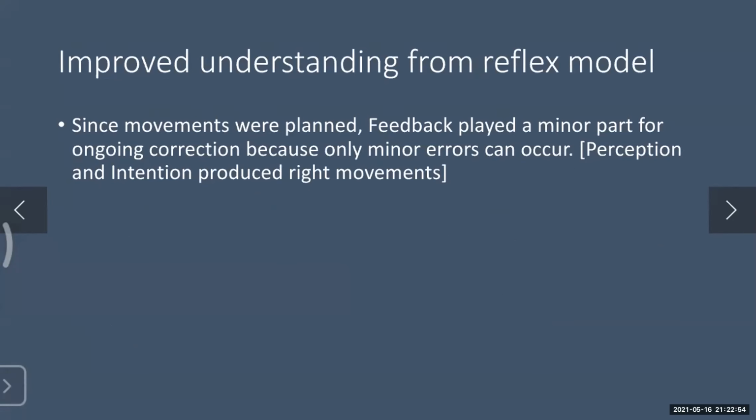Okay. Now moving on from this understanding of correction, what do we get more from the reflex model is, since the movements were planned, feedback played a minor part for ongoing correction, because only minor errors can occur, since everything is pre-planned, right? So there is the perception and intention to produce the right movements. So feedback slowly has taken a backseat role, right? If at all smaller corrections are needed, then it will correct. Since you are not just going into the field and doing work, rather you are planning when and what has to be done, the chances of making mistakes are now reduced,